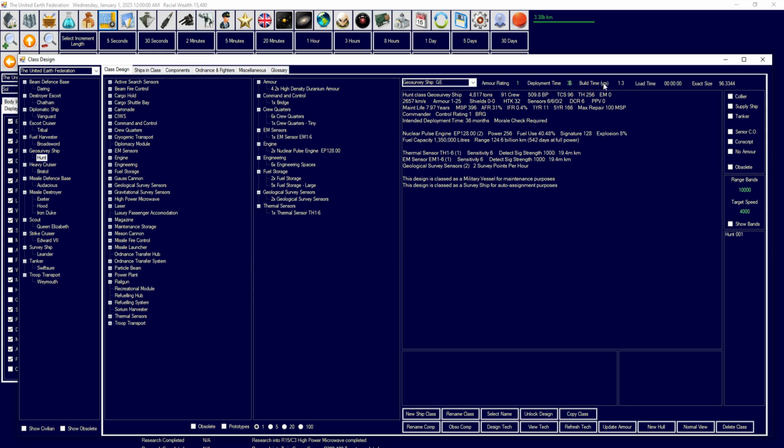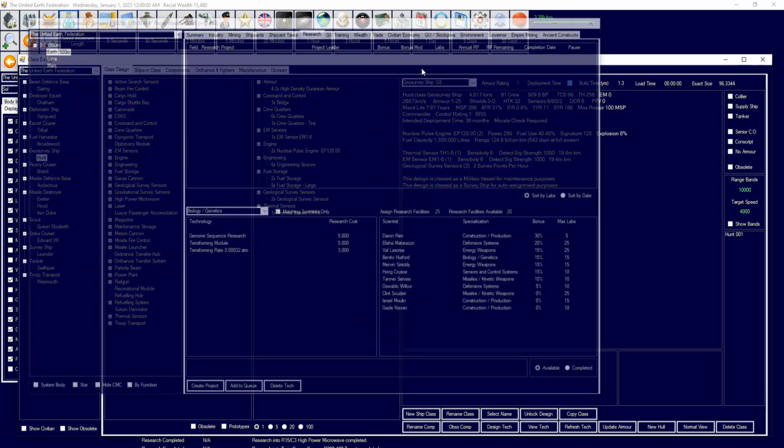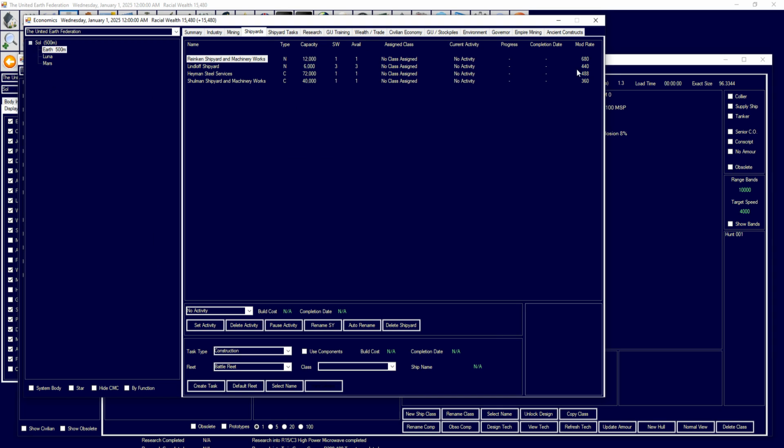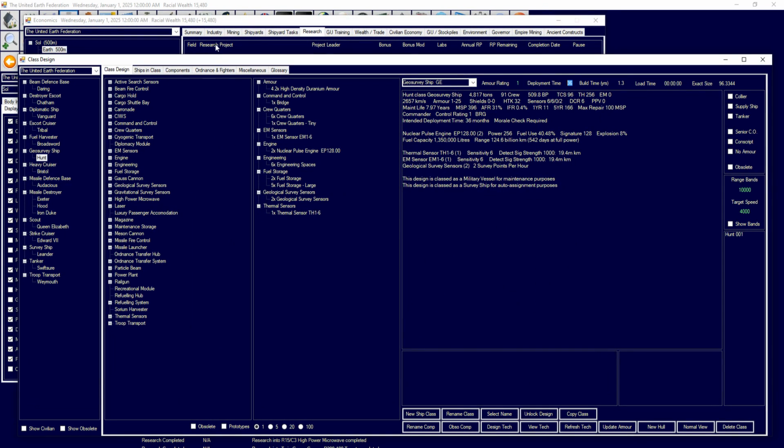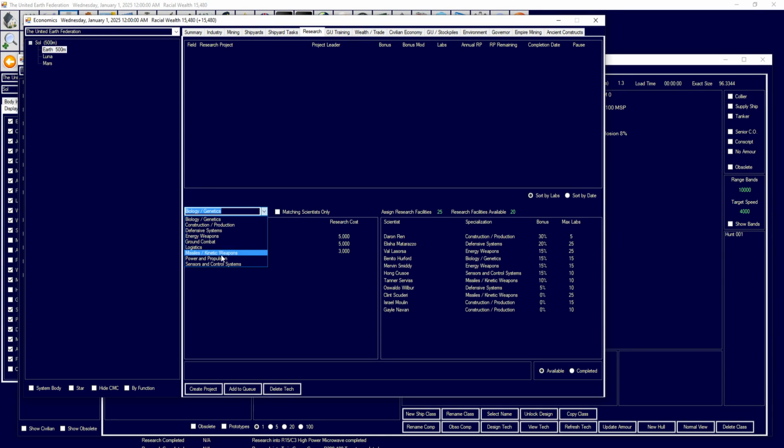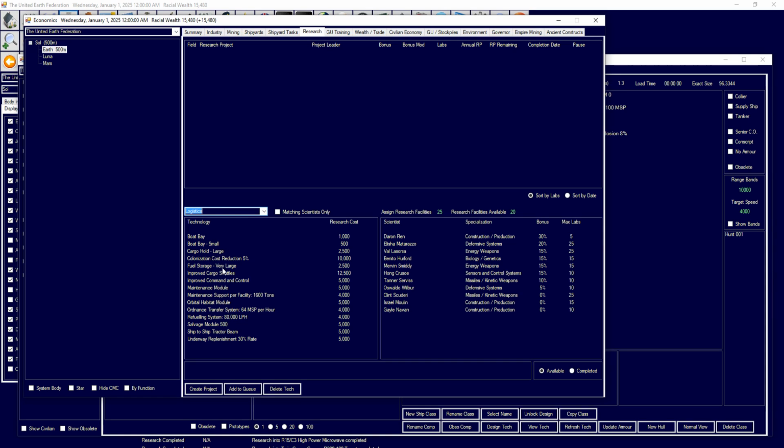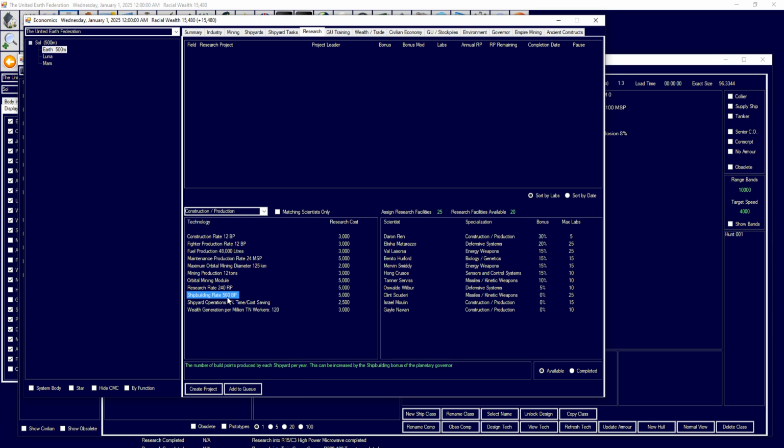Deployment rating, build time in years. So how much armor is, you can adjust. How long it goes out, you can adjust. Build time matters in terms of your BP and, what's the other number? Your shipyard rate, which is modified in research. Under logistics? No, it's construction production. Shipbuilding rate. You're currently